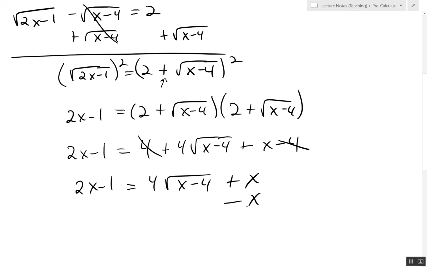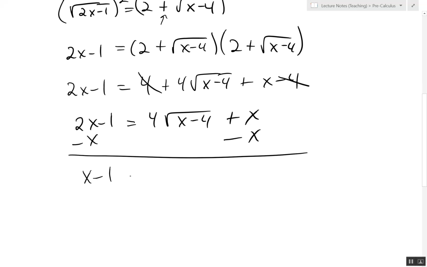Then I'm going to subtract the x from both sides. And we get that x minus 1 equals 4 square root of x minus 4. Now, normally when we isolate, we usually are going to divide by 4 here. Well, that's a bad idea because this leads to fractions, and this tends to lead to more mistakes. So the best idea here is just to leave this alone. If dividing causes fractions, just leave the product there, because when we square both sides to get rid of the radical,